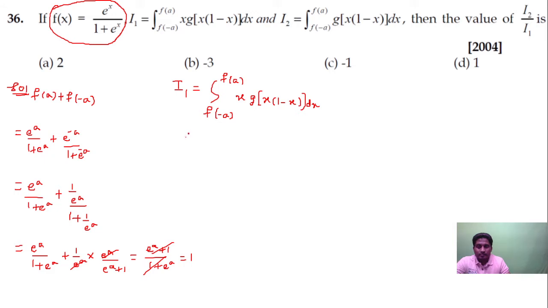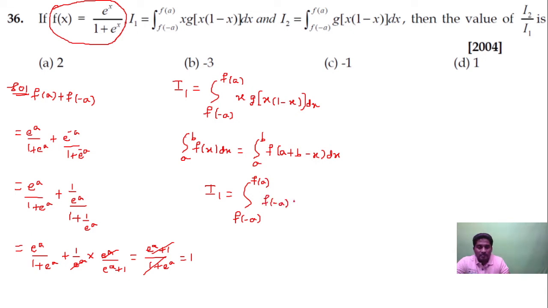Otherwise no problem, we'll use the property: integral from a to b of f of x dx can be written as integral from a to b of f of a plus b minus x dx. Change x to lower plus upper minus x, that is a plus b minus x, and then dx. So this I1 is equal to, this is f of minus a, this is f of plus a, so lower plus upper minus x is replaced for x. You will get f of lower limit plus upper limit